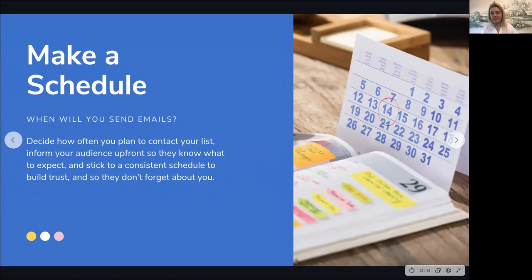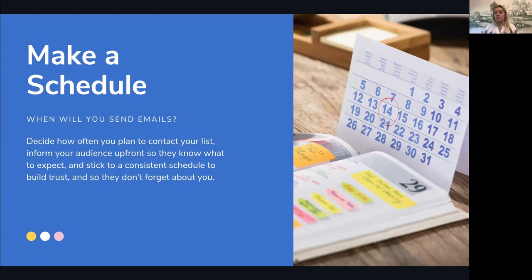Okay, that's all the campaigns that I have. Next, we're going to dive into making a schedule for your email. And we've talked about this with all of my social media trainings as well. You need to make a schedule, especially if you're going to have a newsletter. You definitely want to make sure you're on track with that. But even if you're not doing a weekly newsletter, you should probably sit down every 3 months, every 6 months, every year, whenever you want to write your marketing plan and schedule out what emails you're going to send when.